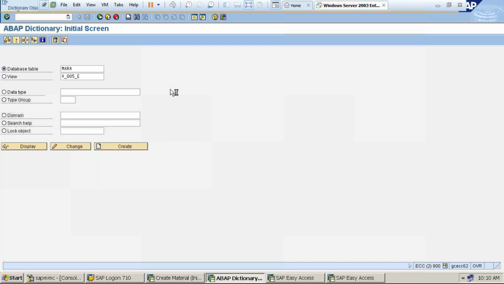So in material master, basic data 1 and 2 consist of the MARA table. These are the tables in material master: MARA table, MARC is the plant table, MARD is the storage location table, MBEW is the accounting level table.